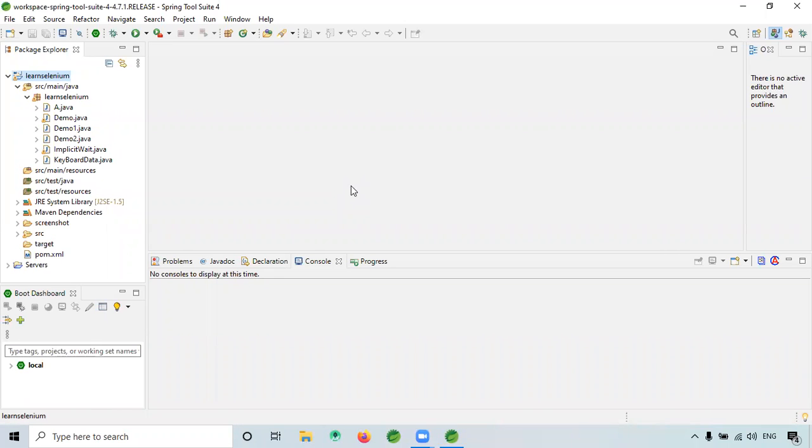Okay, so most of the time the test case will fail. At that time the test engineer has to attach the screenshots. So how can we take the screenshots? To take the screenshots,